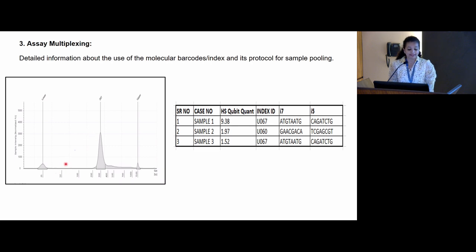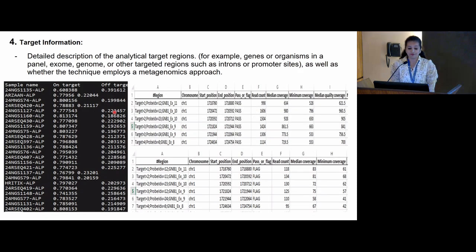So if you are having adapter dimers, double cleanup is necessary. So this quality control check is necessary before sequencing any run. Moving on,